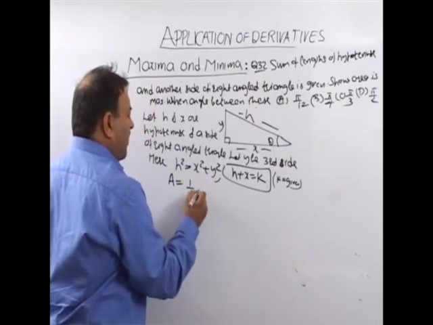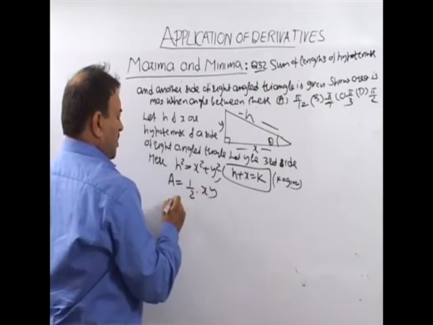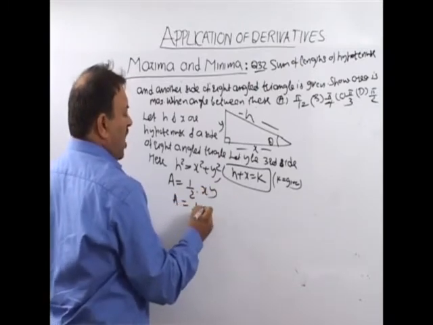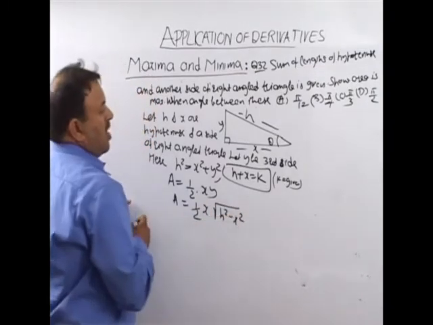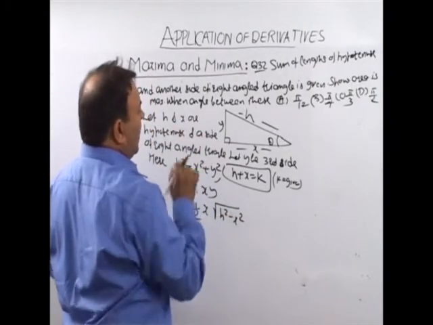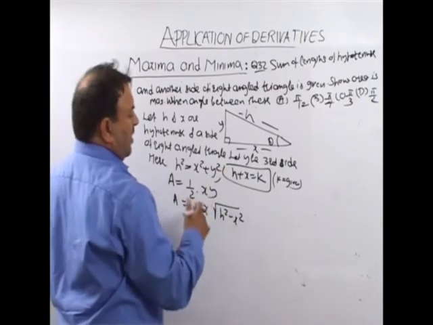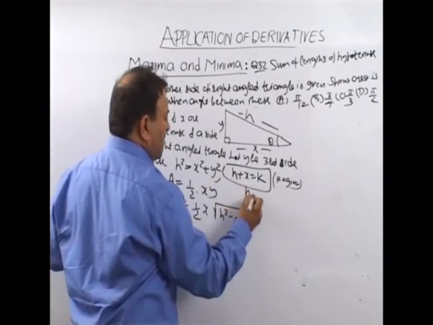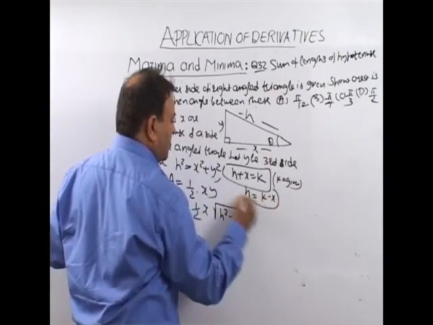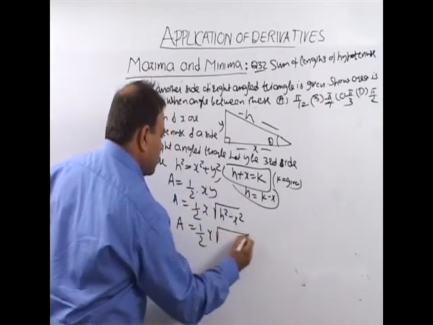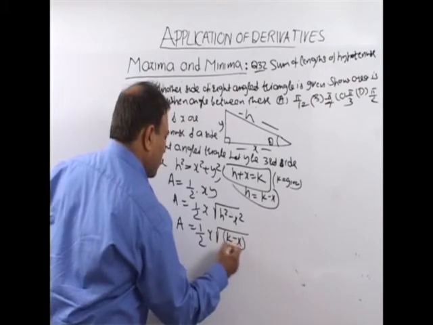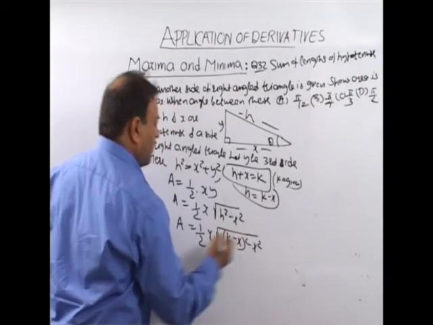एरिया होता है हाफ एक्स वाई. एरिया इज इक्वल टू हाफ एक्स वाई की जगह आ जाएगा इट इज एच स्क्वायर माइनस एक्स स्क्वायर. अब यहाँ पर एच भी हमने सपोज किया, एक्स भी हमने सपोज किया, हमें के गिवन है, तो यहाँ से मैं वैल्यू ले लेता हूँ एच इज इक्वल टू के माइनस एक्स. I substitute the values: half x into (k minus x) the whole square minus k square.